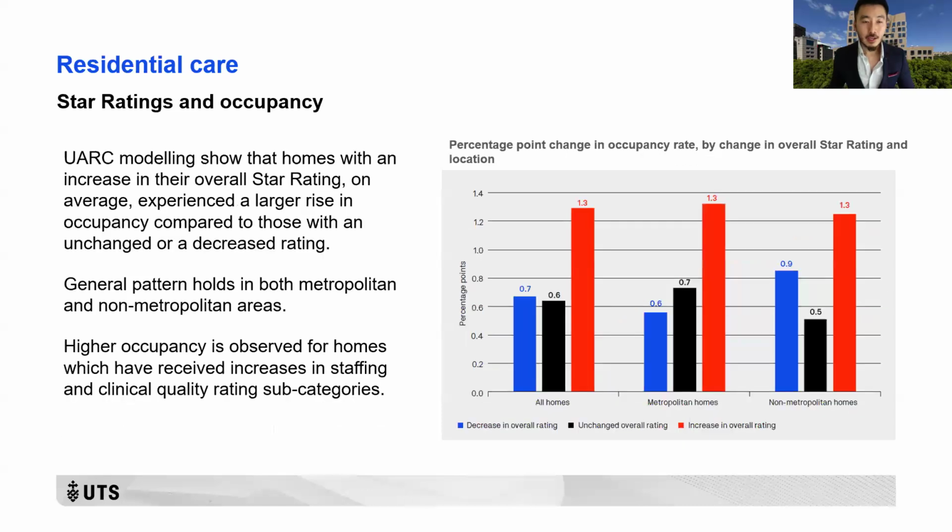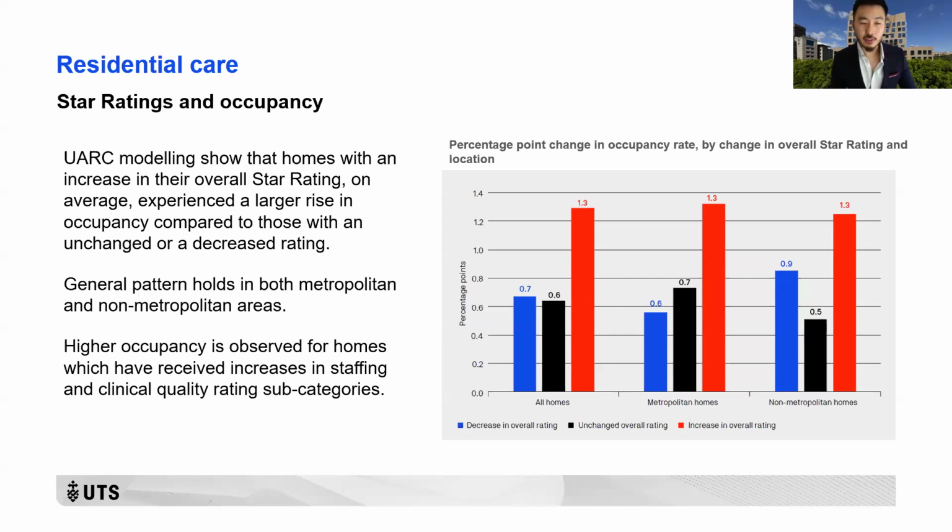The final issue we looked at is star ratings and whether or not they're informative for users, that is older Australians looking to go into residential care. So what we considered is whether or not the level of star ratings that a home gets results in different levels of occupancy in that home. The logic being that a higher star rating would encourage more individuals to go into that particular home. And what we found is that homes that increased their overall star rating actually had a